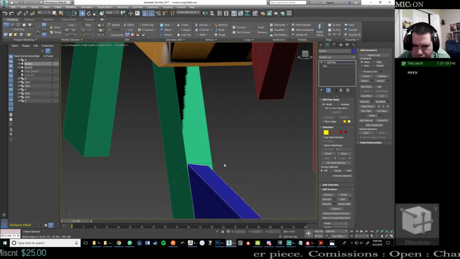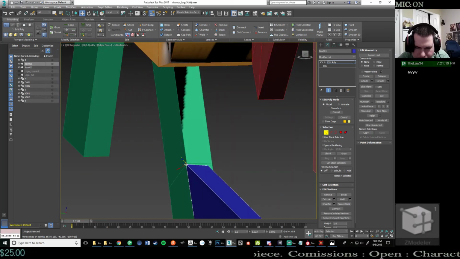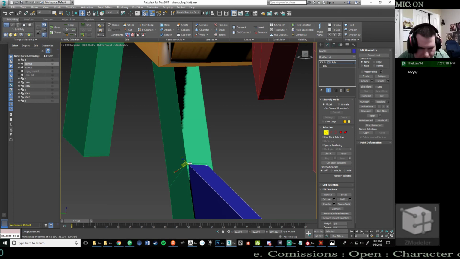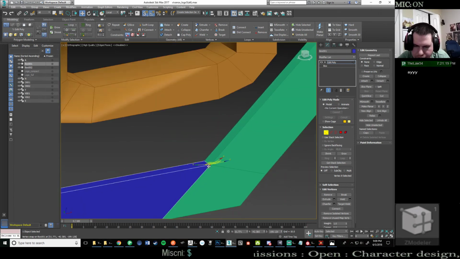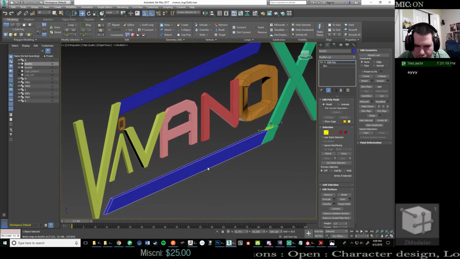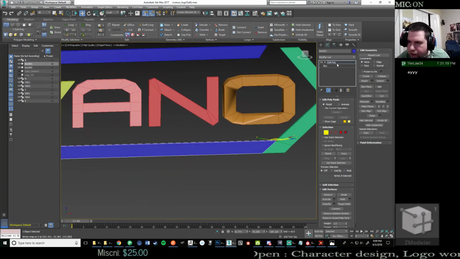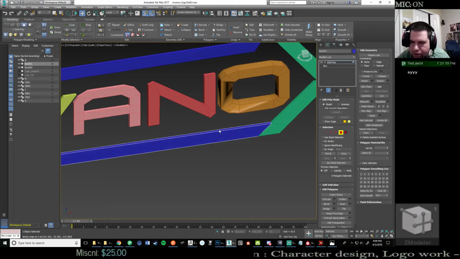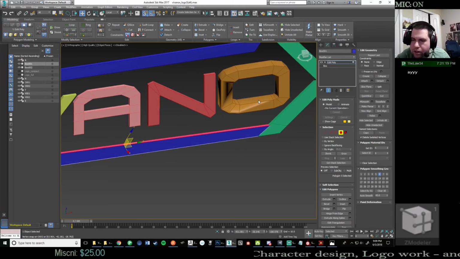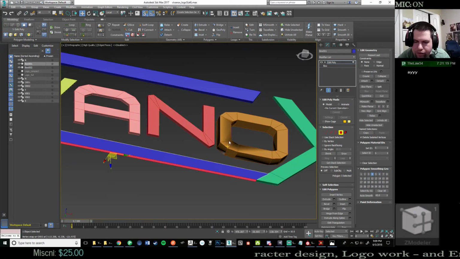See, one's already in line. Which makes me a little bit concerned about how straight that is, so I have to fix all the faces.